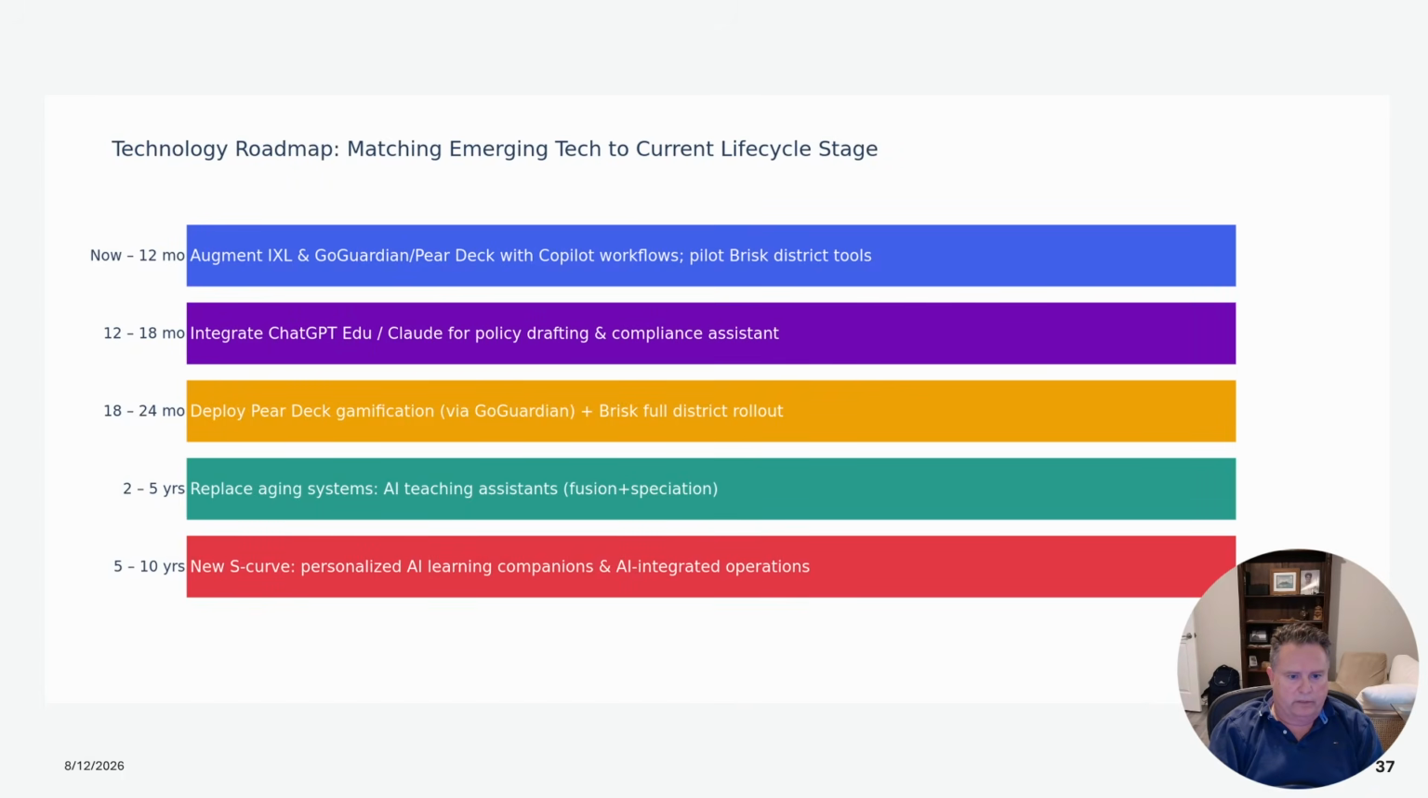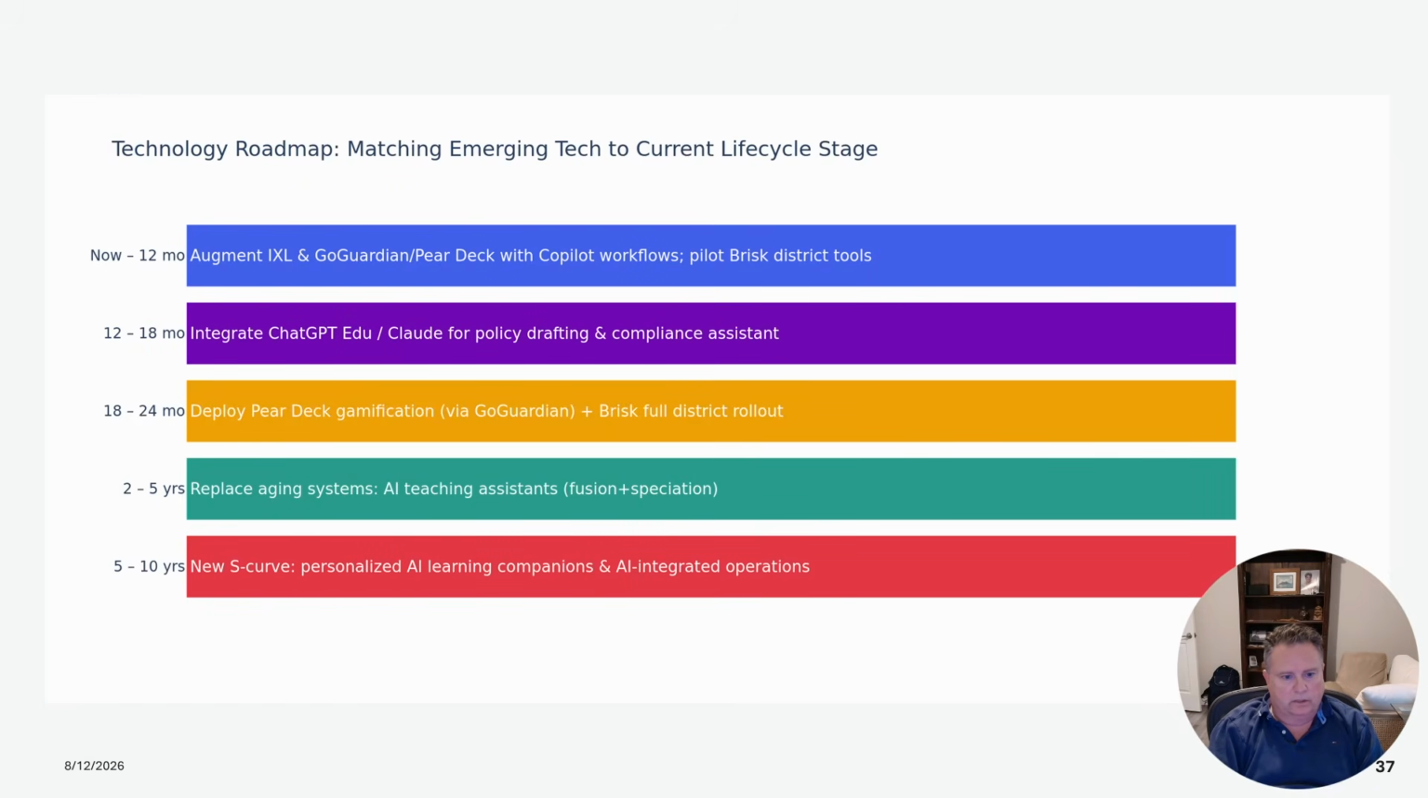And 12 to 18 months to integrate ChatGPT, Claude for policy drafting, compliance assistant. 18 to 24 months, we could deploy PeerDeck gamification by GoGuardian. And assuming the pilot Brisk district tools in the first year works out well, you could have a Brisk full district rollout